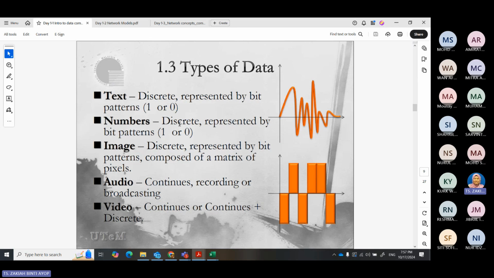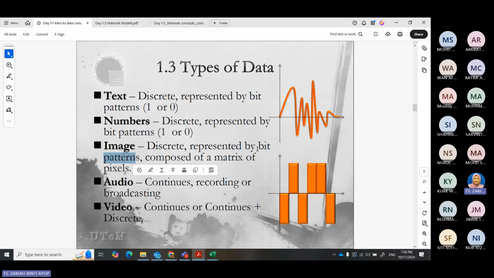Text is discrete because it can be represented as 1 or 0. Numbers are also discrete because you can represent them in bit patterns. Images can be composed of a matrix of pixels, and this can also be represented in bit patterns.